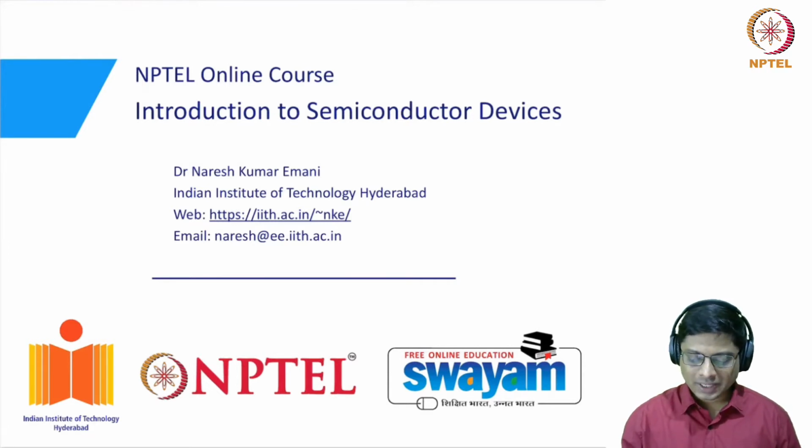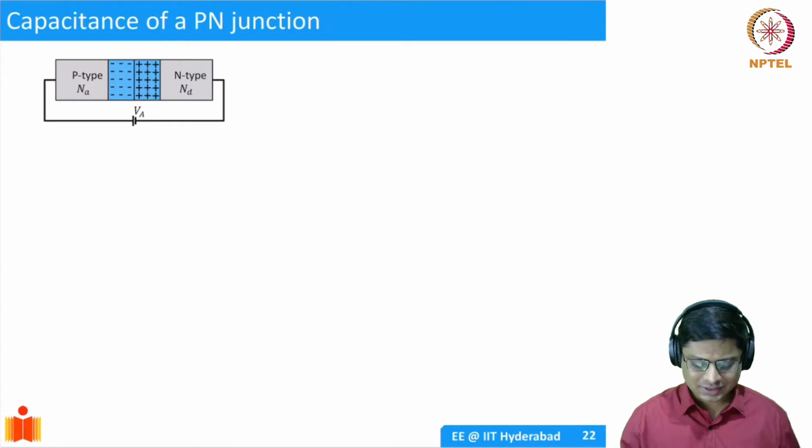It turns out that there is definite capacitance in a diode, and at least in one of its forms, it is relatively simple for us to analyze. So think about this. You have a PN junction with an applied voltage. For now, we will consider only the reverse bias, not the forward bias. So what happens in the reverse bias?